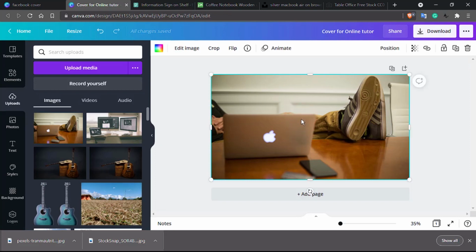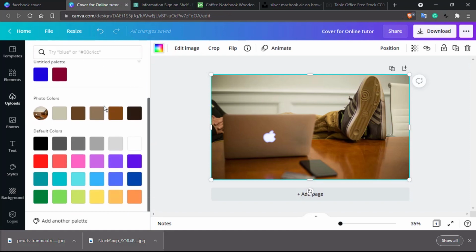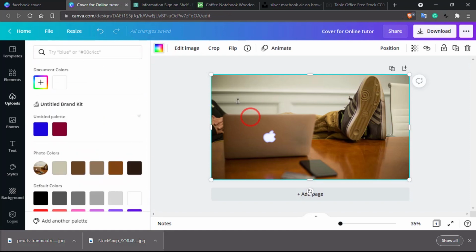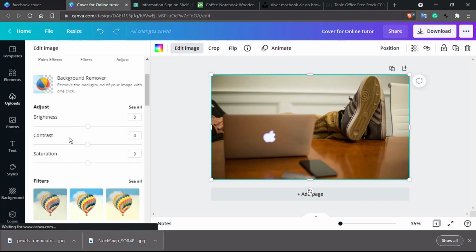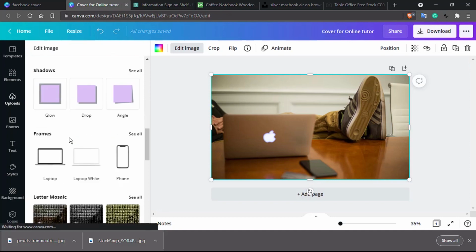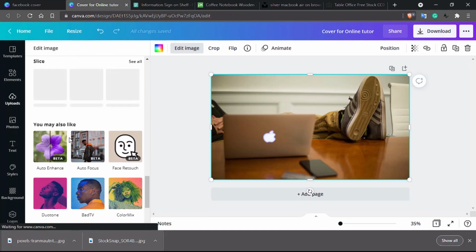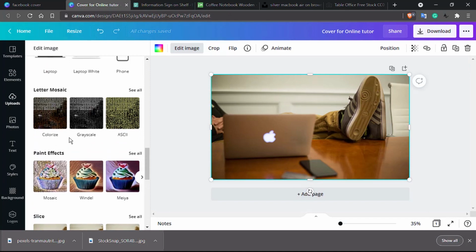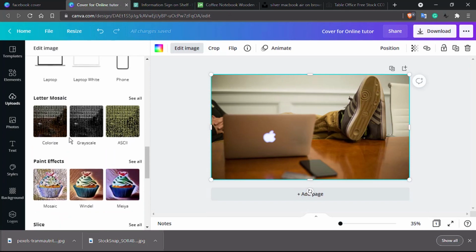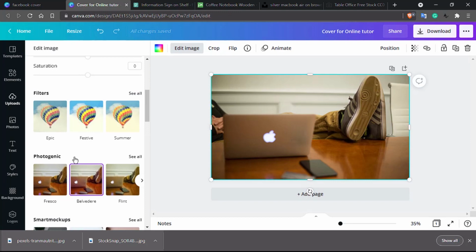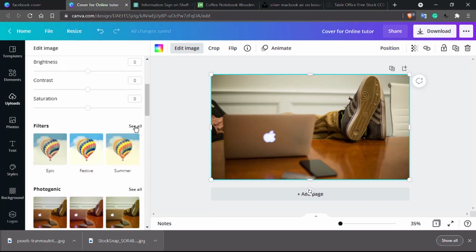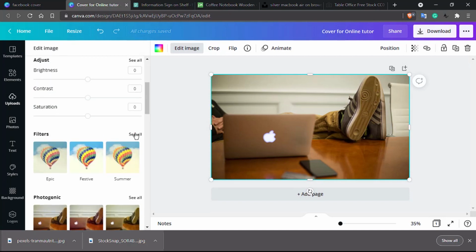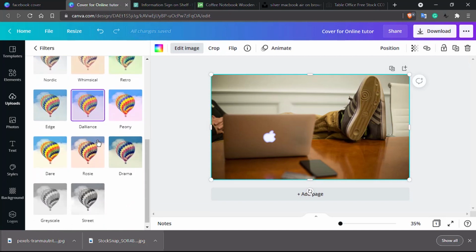From this image, you can do different sorts of things. For example, I'd like to apply a sort of overlay on the image. I would prefer this image to be a bit dark. So yeah, here is the filter one. I was searching for this. Or you can go to SEO and